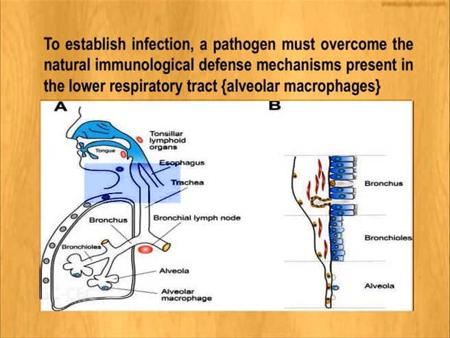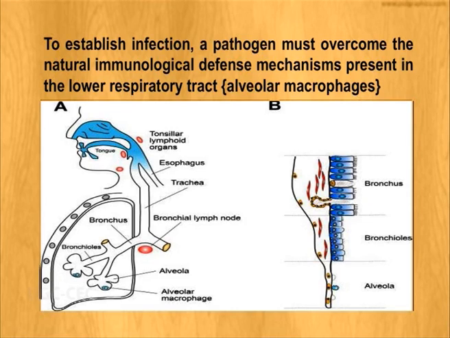But our body also provides some kind of defense mechanism. There is a ciliated lining in the bronchus region, beginning in the upper respiratory tract, and the cilia slowly reduce in number, and in the alveoli there are actually no ciliated epithelial cells. Now, what is the function of these cilia? They beat continuously and do not allow particles to come down. If any particulate matter, be it a microbe, comes down along with the air, it is pushed up. And at times, as you know, we cough and throw things out. So this is what actually happens.